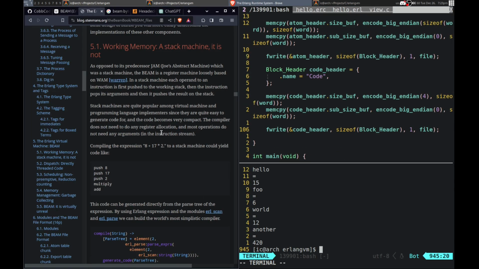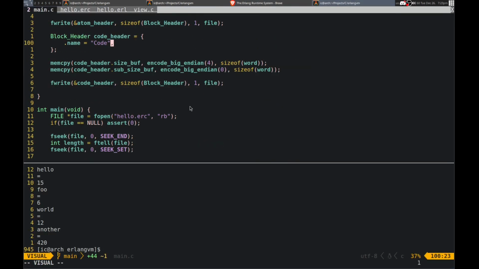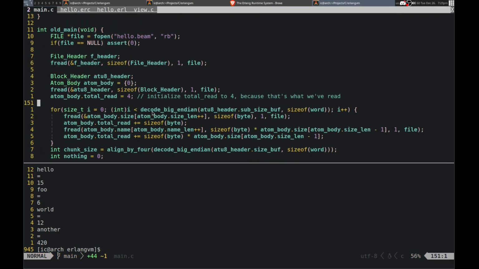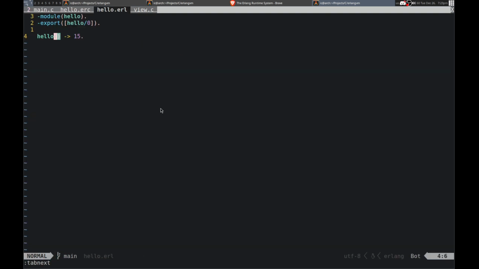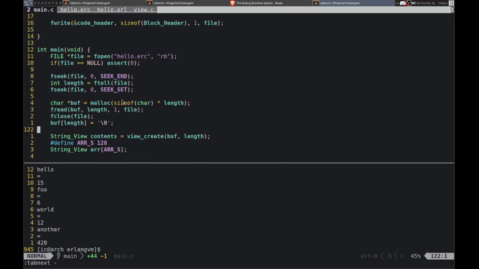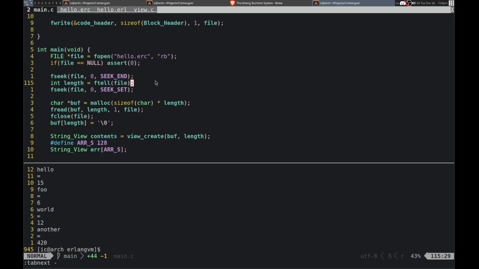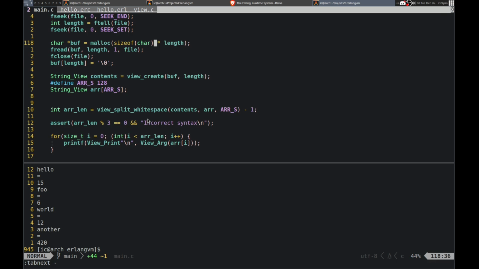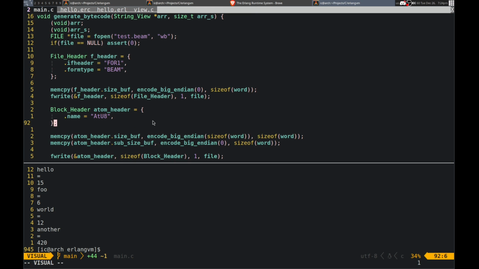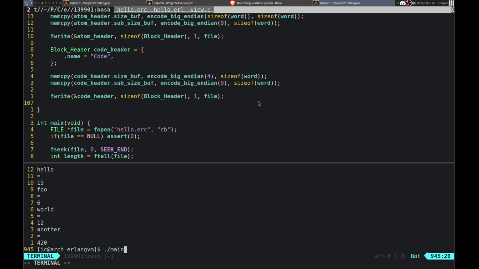Where did it go? How's it going? It's going well. Yeah, right now I'm working on, yes, coding, yes, for sure. So basically what I was doing earlier was taking the bytecode generated by Erlang, and then trying to sort of read through it and figure out how it's structured. And then now I'm working on parsing this and converting it into the bytecode. And I'm on the step of sort of writing out the boilerplate in the bytecode, like the header names and stuff like that, essentially. Yeah. Okay.